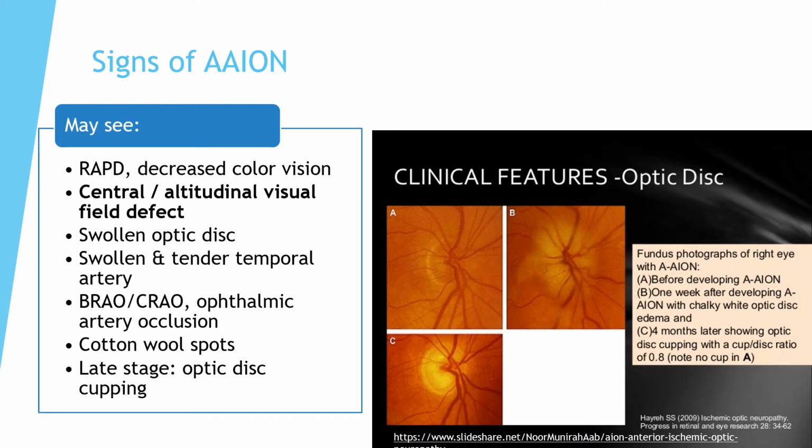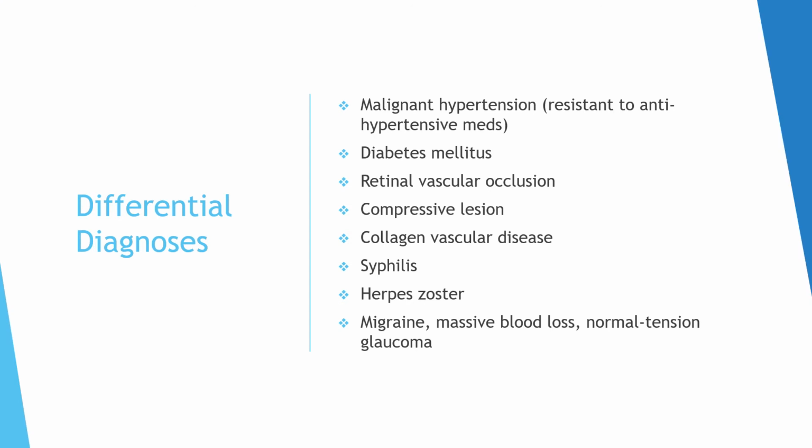Back to fundoscopy, you'll also find cotton wool spots indicating ischemia, and in the late stage, you'll find optic disc cupping and elevation. With these symptomologies, AAION has a lot of differential diagnoses. It can be malignant hypertension, which is resistant to a lot of hypotensive meds. There could be diabetes mellitus, retinal vascular occlusion, the BRAO,